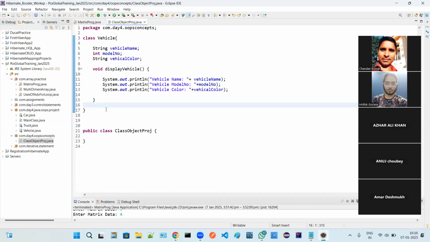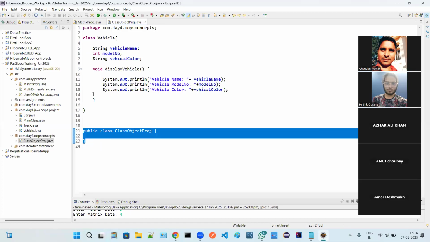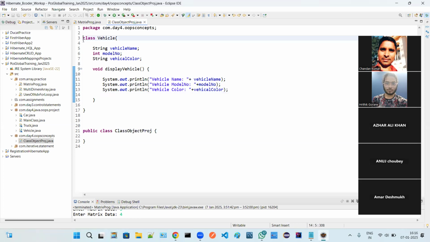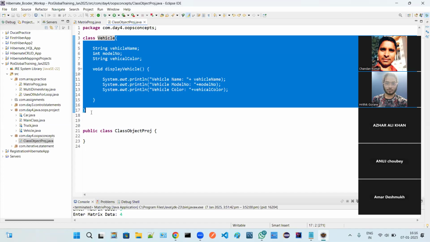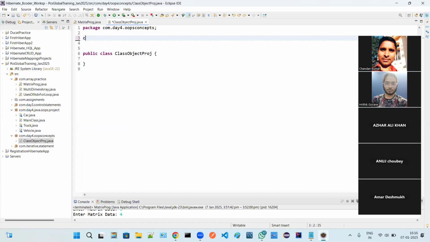So this much it is having, correct. Now what is my task? This is one class and this is another class. So you got the meaning of how to create the class. We are using the class keyword to create the class. This is the class name and this is the class body. So before that, let me show you.